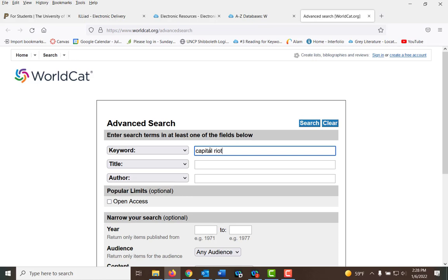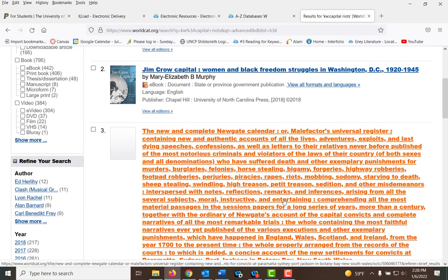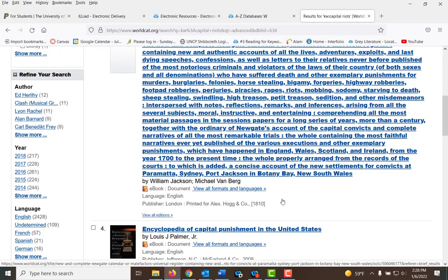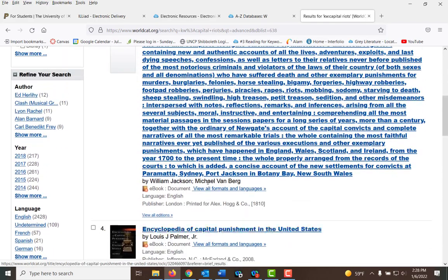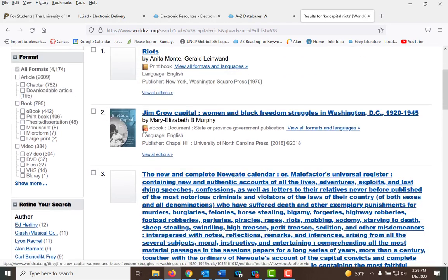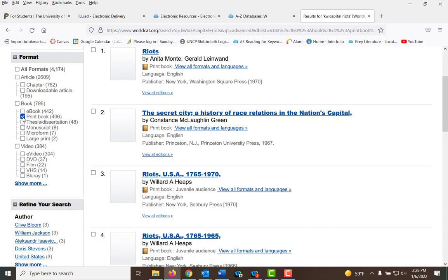Now, again, that was only last year. But you see, I have other items coming in. If I need print books, people will not loan ebooks.